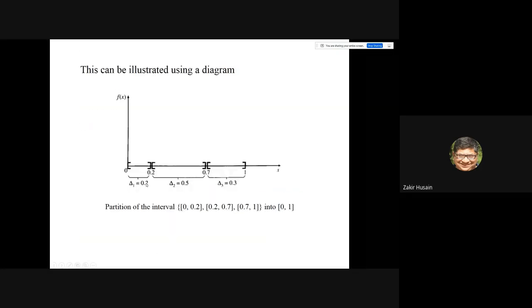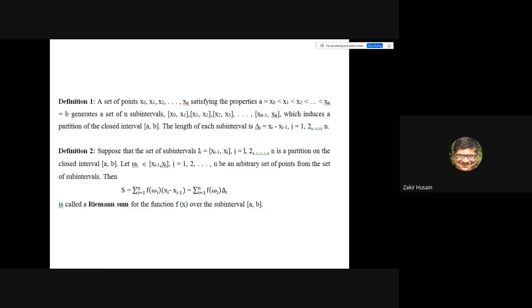Okay. So this is the depiction. I have kept a gap between these two brackets, but obviously you know that they will be like this. I've kept a gap just to show that there are two. There's another interval starting from here. Okay, but there should not be any gap over here. So you can see this. Three subintervals are carved out from the main interval.